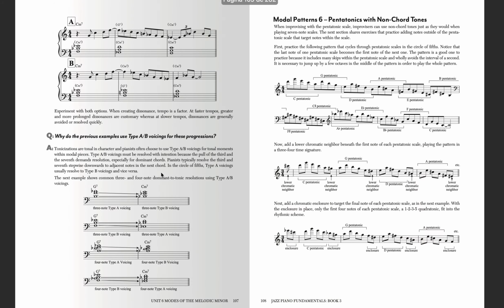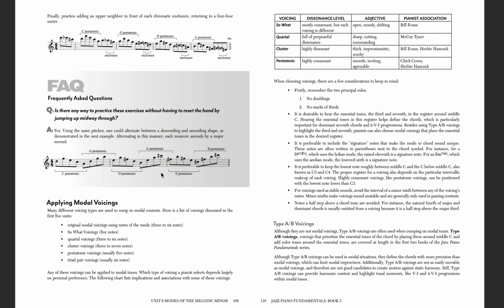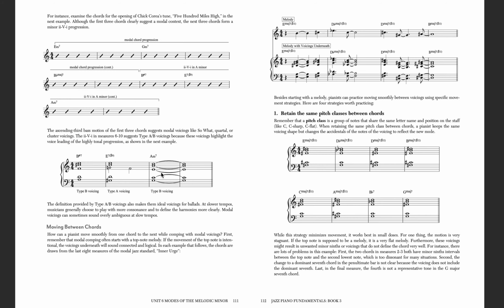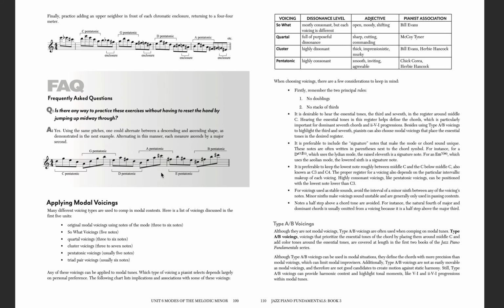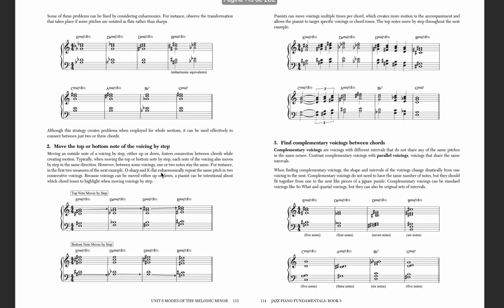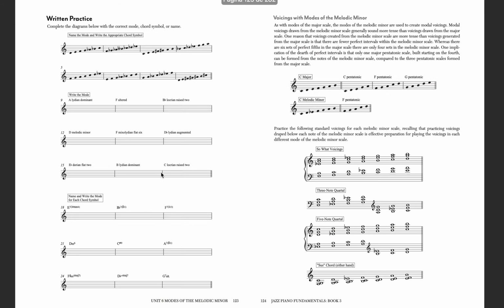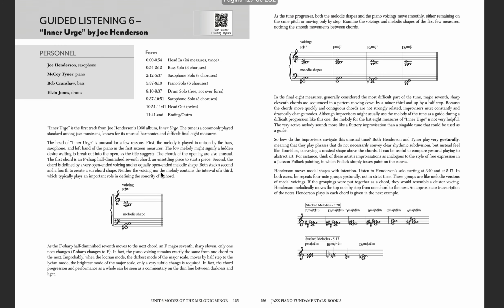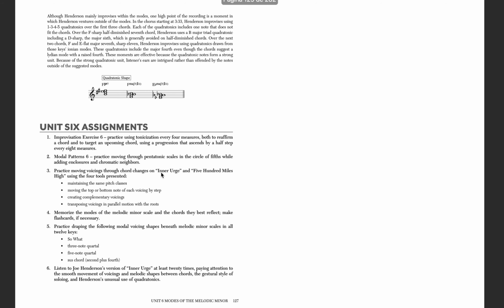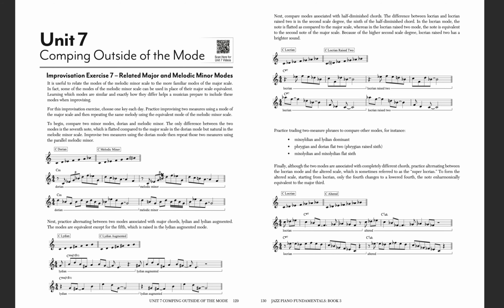We get into different modes of the melodic minor scale, modal patterns, planing. Let's see. Oh, no, this is mixing modal voicing types. Some examples here: modes of the melodic minor scale, voicings with melodic minor, "Inner Urge" as a guided listening. And now, that's 6 units, so you're about halfway there, and now we're really starting to talk about going outside